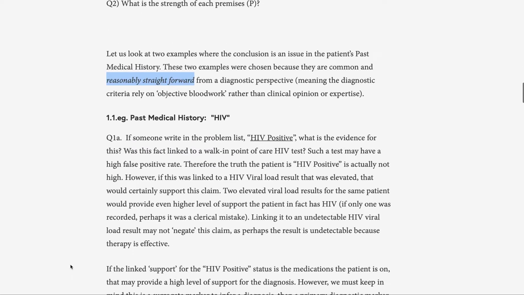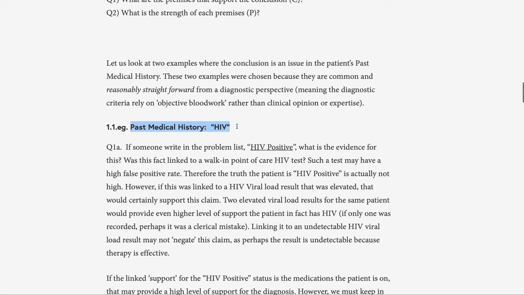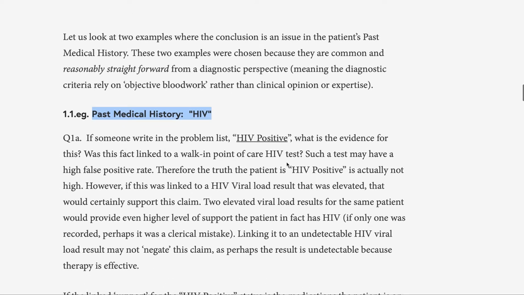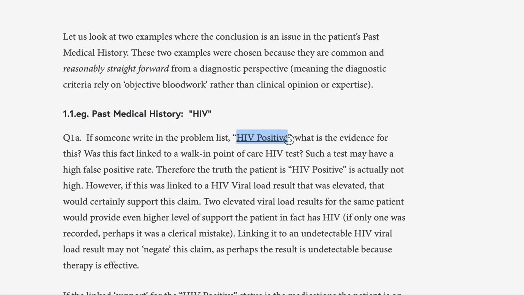So let's delve in. The first example. The past medical history states the patient is HIV positive. Then the question is, what is the evidence for this fact? Is the fact in the past medical history saying HIV positive linked to a point of care rapid HIV test? These tests may have false positive rates, which are frequent depending on the model you use. So the truth that the patient actually is HIV positive is actually not particularly high based off of a walk-in